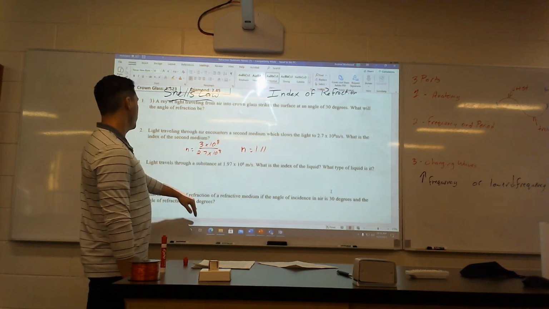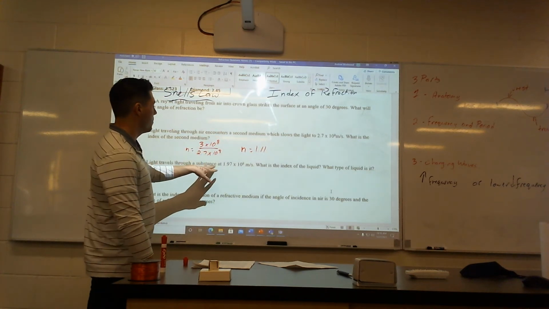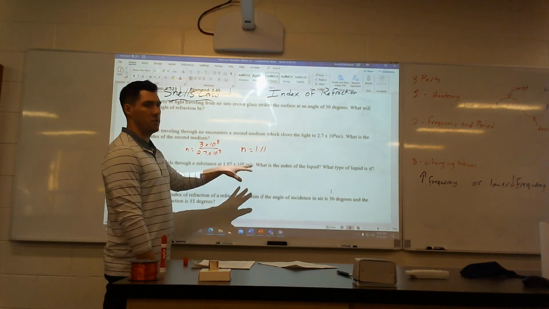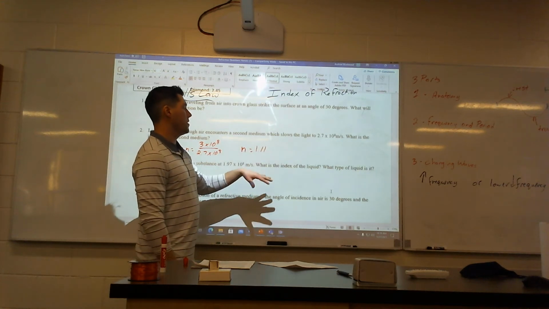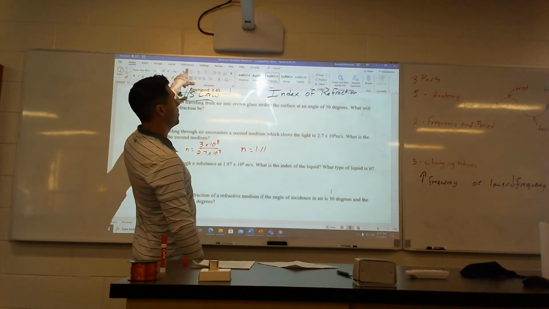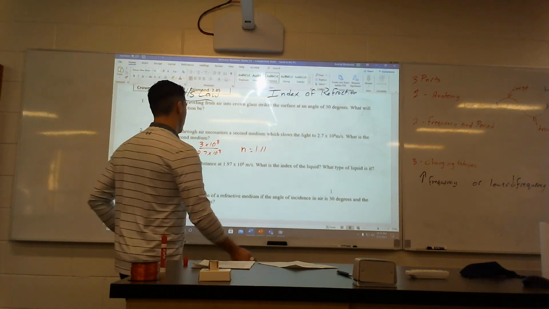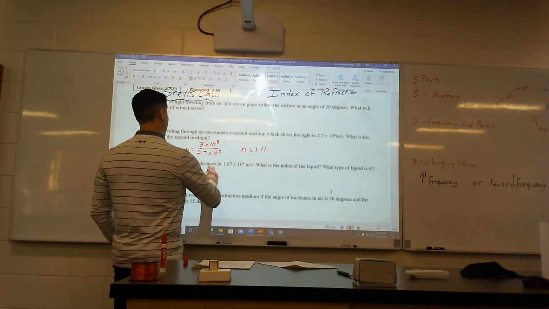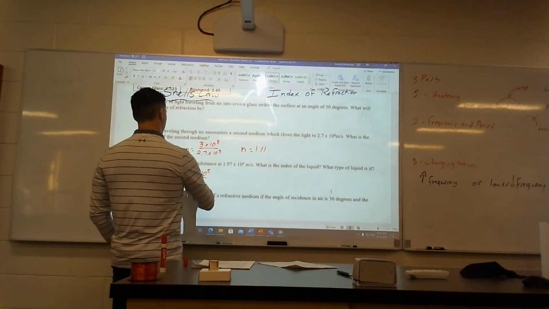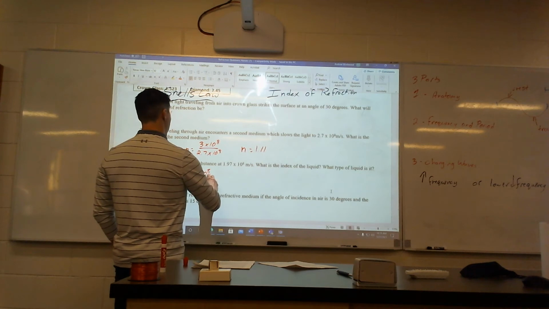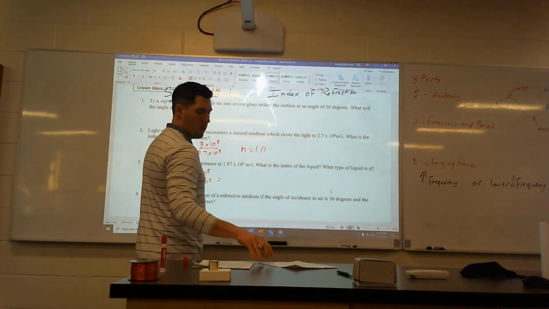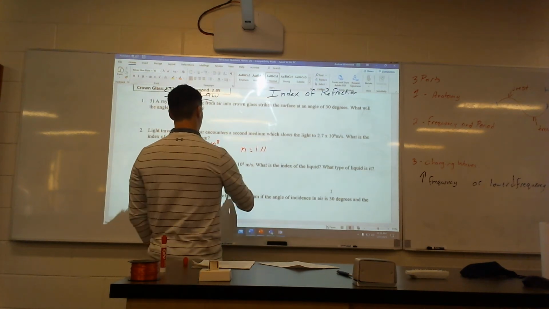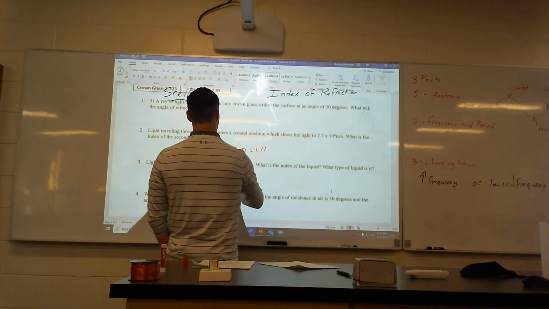All right, over here it says light travels through a substance at 1.97 times 10 to the 8 meters per second. So that's the new velocity. What is the index? And then if you go back up here and see what kind of actual material it is. So same kind of thing here. 3 times 10 to the 8 over now 1.97, which is what it's now traveling at. I get an answer, I think 1.52. N value equals